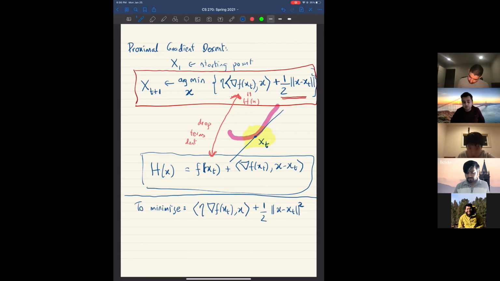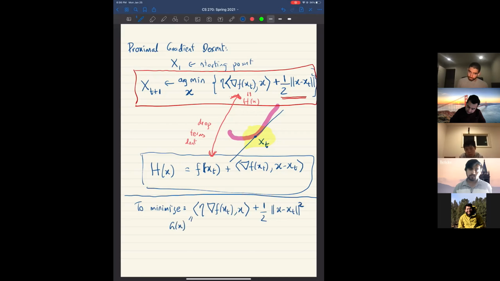So I asked the algorithm to minimize this, right? That's how I get xt plus 1. Okay, so it's a quadratic, so you can find out the minimum just by calculus, right? If I call this h of x,